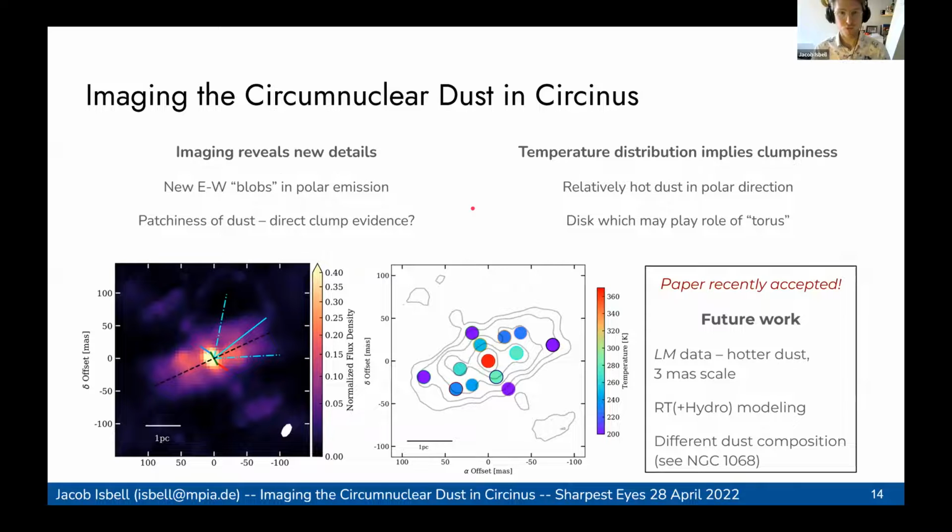So I'll leave you with my summary slides. Imaging of Circinus with MATISSE has revealed new details building on what was done with MIDI. We have these east and west flux emissions in the polar direction. We also find patchiness of the dust, which could be direct evidence of clumpiness, or at least the fact that these structures are not smooth. We also measure the temperature distribution, which further implied clumpiness because we find relatively hot dust so far away, and there's more analysis in our paper, which was recently accepted,